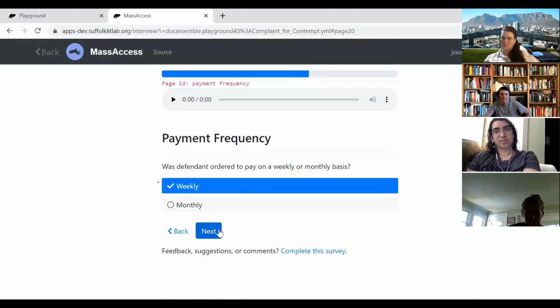So if they were ordered to pay either child support or alimony, then we ask about frequency, but we only ask about alimony frequency if they were ordered to pay alimony. Yeah, you only show the appropriate type of money. Yep. Okay.